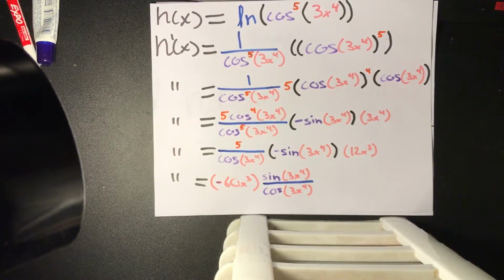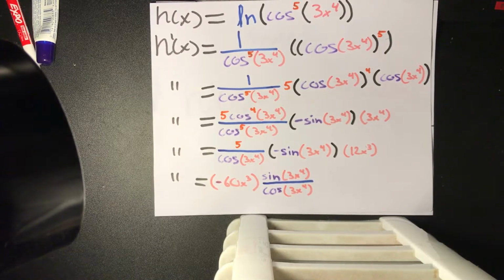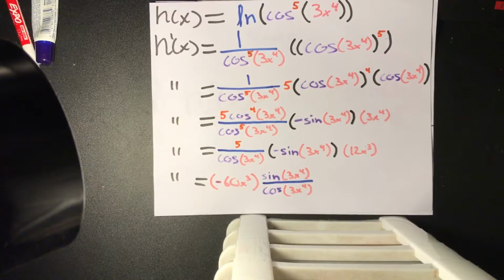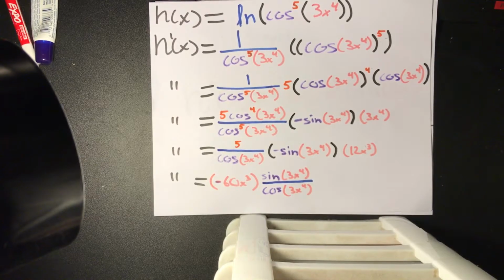Then we do power rule, since the 5 would be the second layer. We would move the 5 to the outside to make it 5 cosine of 3x to the fourth power, since the 5 would be the second layer. Then we would simplify to have 5 cosine to the fourth of 3x to the fourth over cosine to the fifth of 3x to the fourth,